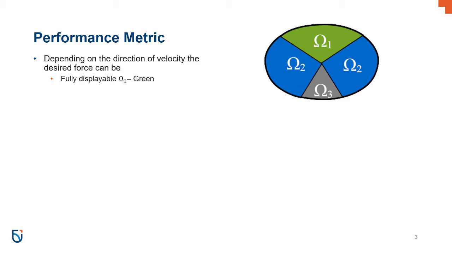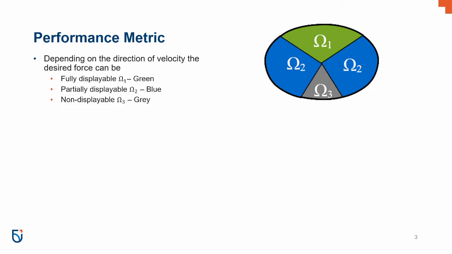This is called a fully displayable region. In the blue region, the force can be approximated using one brake. This is the partially displayable region. In the gray region, the force cannot be generated at all. Note that as the device moves through the workspace or the velocity direction changes, these regions will change shape and